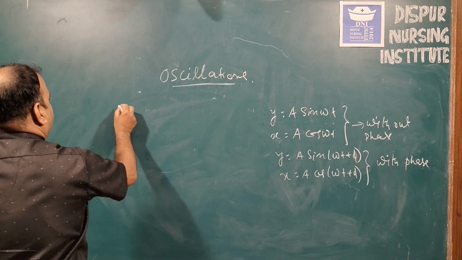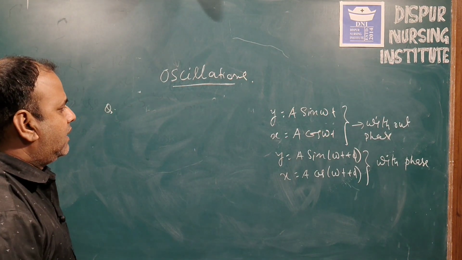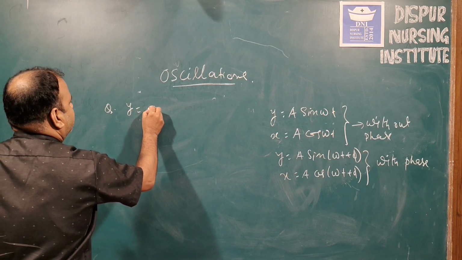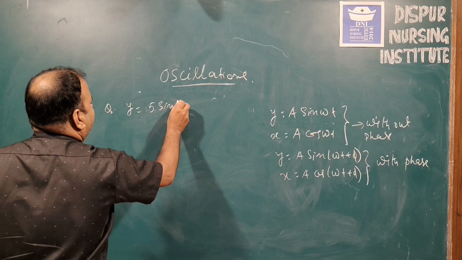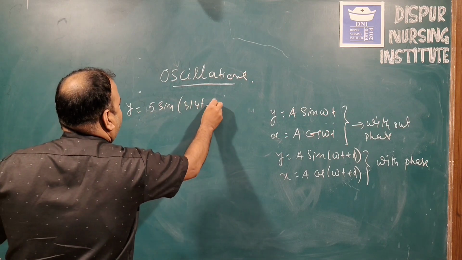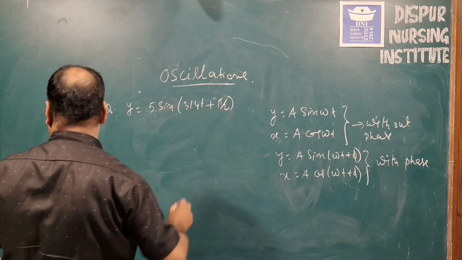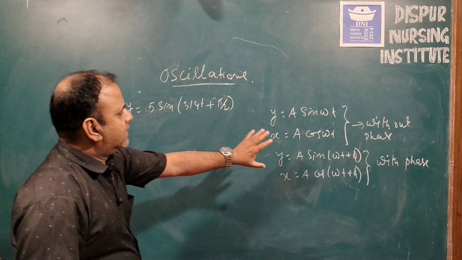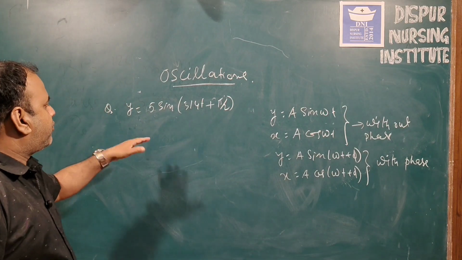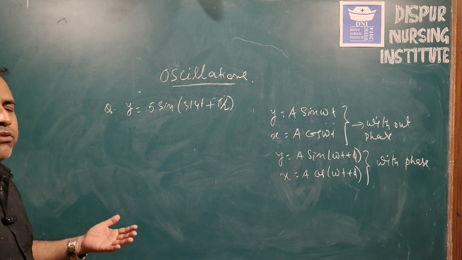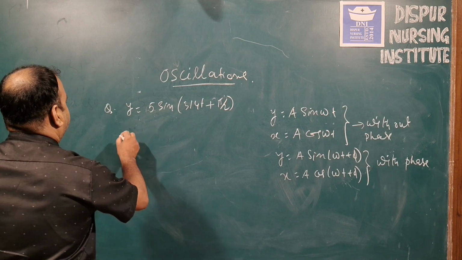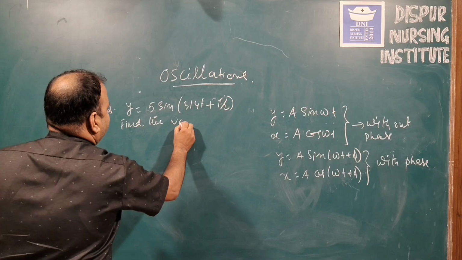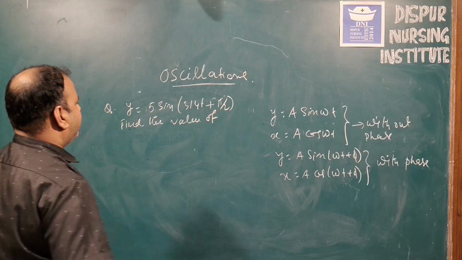Suppose you are given one question. In short, y is equal to 5 sine of 314t plus pi by 2. This equation is given to you, and from the given equation you can see it is completely related with the formula. So from the given equation, how can we calculate the value of amplitude? Find the value of